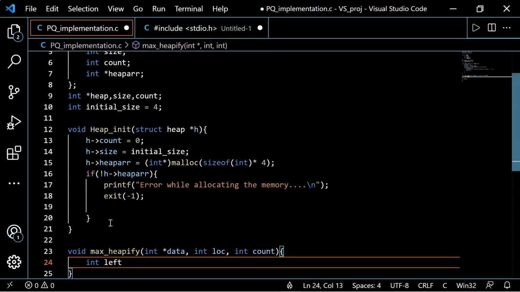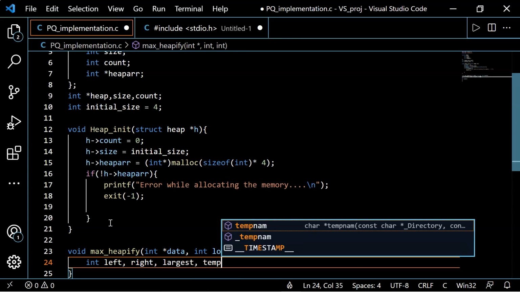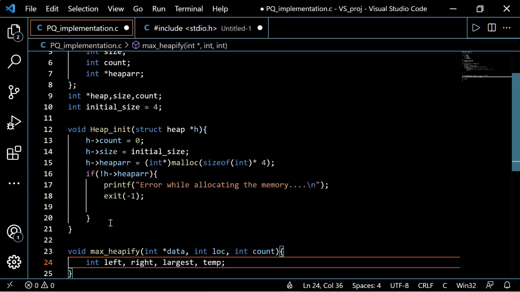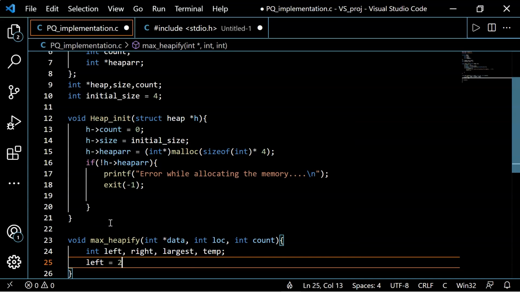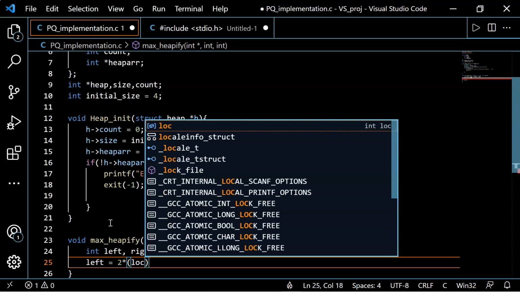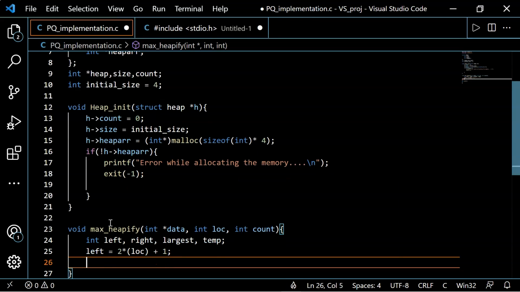int left, right, largest, temp. Now, as discussed earlier, left will be equal to 2 * location in array + 1, and right will be equal to left plus 1.